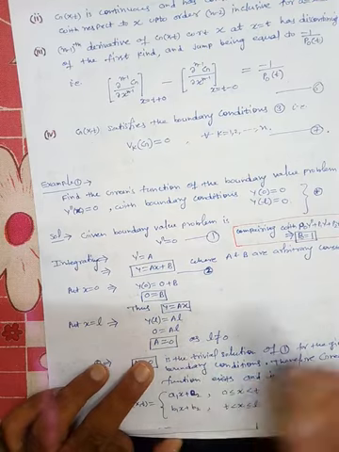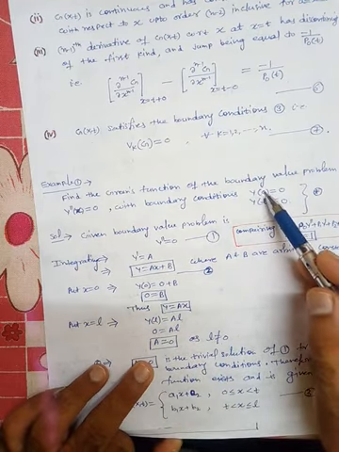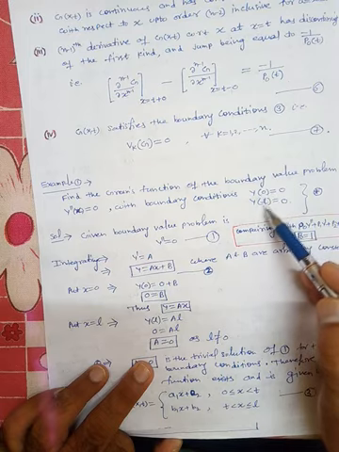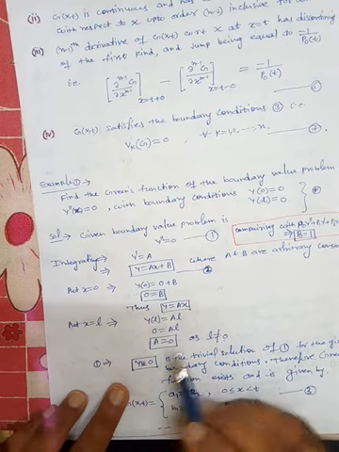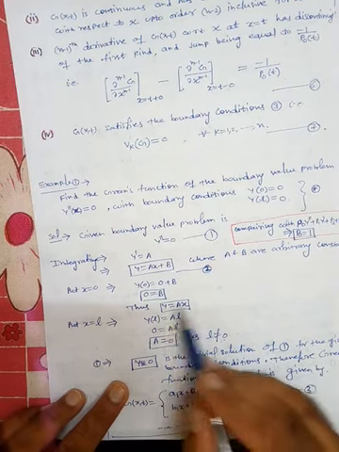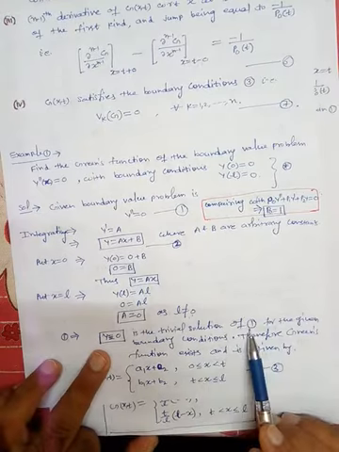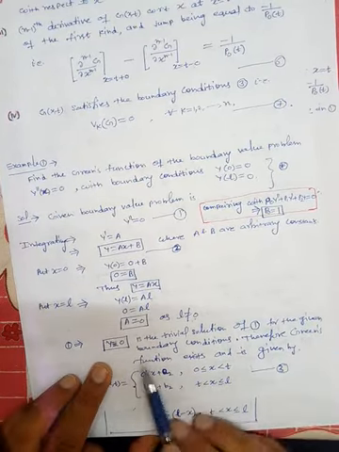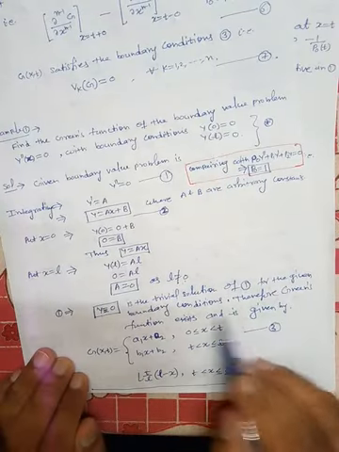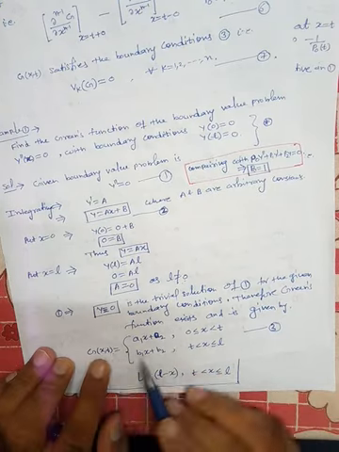And obviously L is non-zero because L is the boundary point. Here 0 is already one point, so L will be a non-zero point obviously. So L is non-zero and hence A will be 0. So when A is 0, B is 0. So ultimately y is nothing but 0. So 0 is the trivial solution of 1. Hence Green's function exists. Therefore Green's function exists and is given by G(x,t), which is given by what?